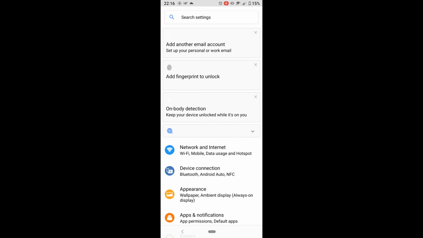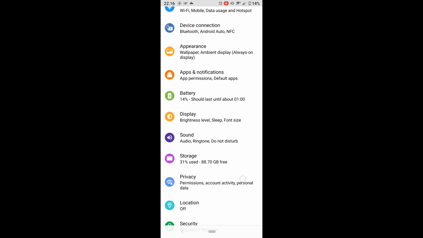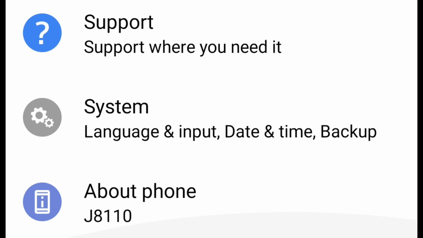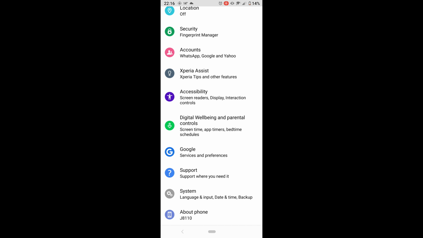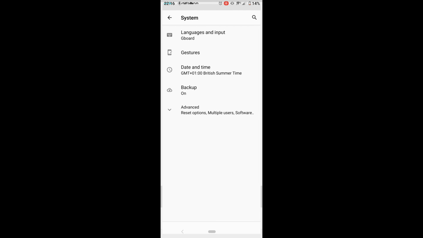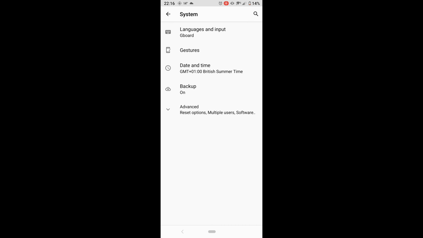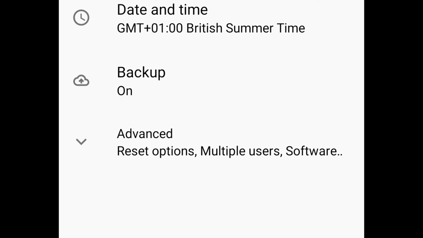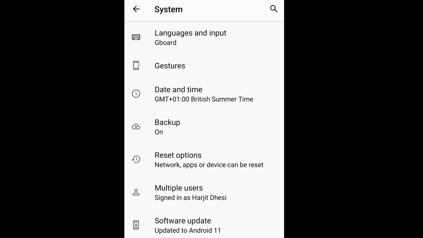So let's click on settings, and then we need to be scrolling down and we need to be finding system. So from system, let's click on that, and then we need to be going to the advanced tab at the bottom. Click on that, and then it's reset options,